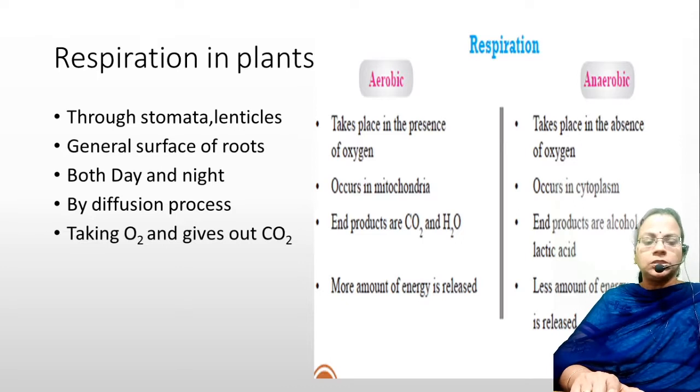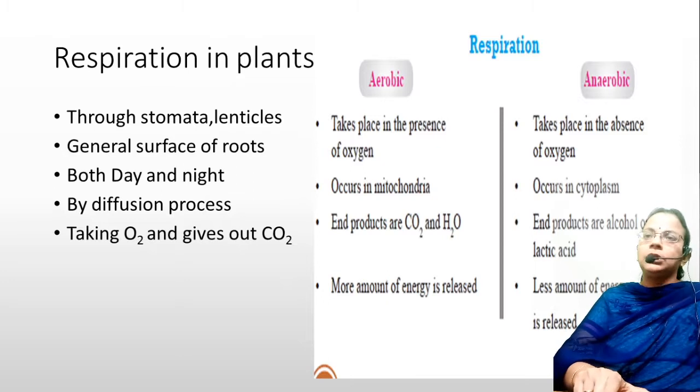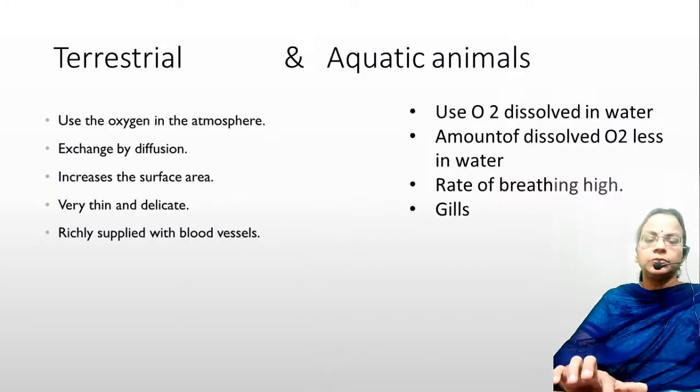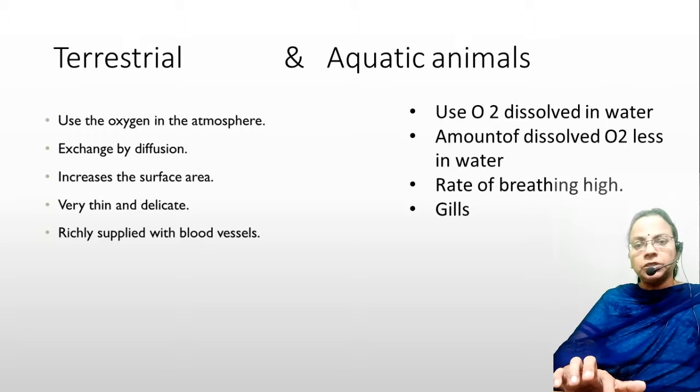Then the next topic is the difference in how animals respire in different habitat conditions. Here there are terrestrial animals as well as aquatic animals. For terrestrial animals, atmospheric air is the source of respiratory gases. Atmospheric air contains more oxygen, so they can take it directly. For enhancing that exchange process, there are different types of respiratory organs. In human beings, birds and higher organisms, the main respiratory organ is a pair of lungs. Lungs help in respiratory exchange.